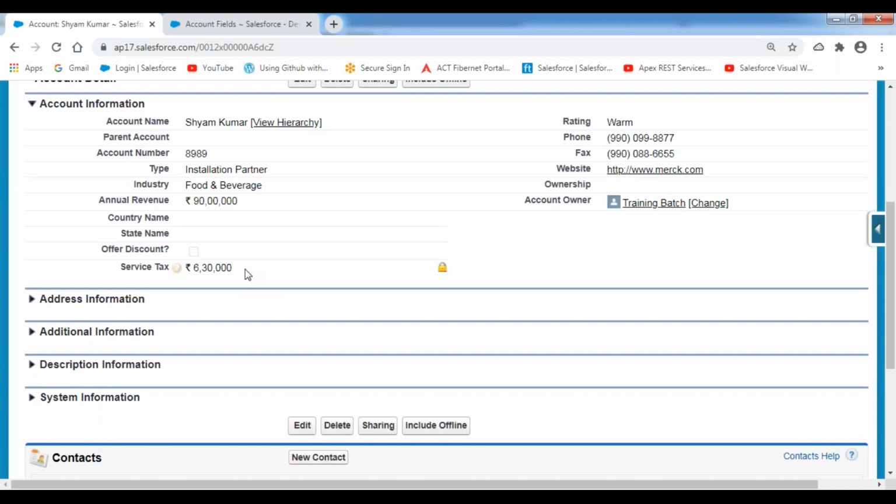A normal field can be editable and a formula field can't be edited. A normal field will be visible on the edit page, and the formula field will display only in the detail page of the record. Upon observing the detail information of the record, there we can see this formula field.